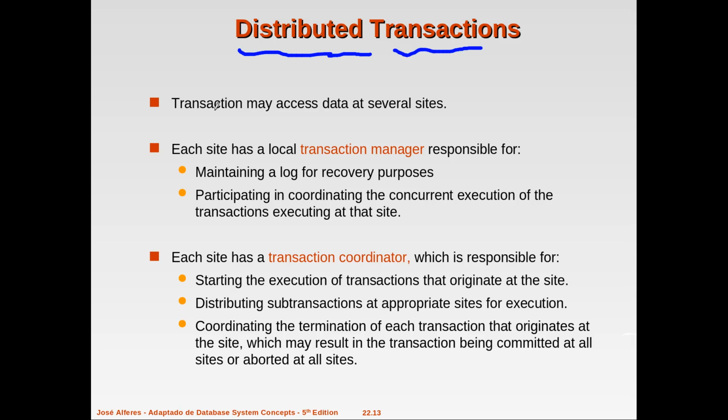So all these are related to the distributed transaction process. When we deal with a transaction on a distributed database, the transaction will always access the data that are present in various sites. That is our basic architecture. So when we are connecting with different sites, we always need a system capability so that we can access the data from different sites, coordinate this data, and complete the transaction in a proper way to maintain the basic properties of database transactions.